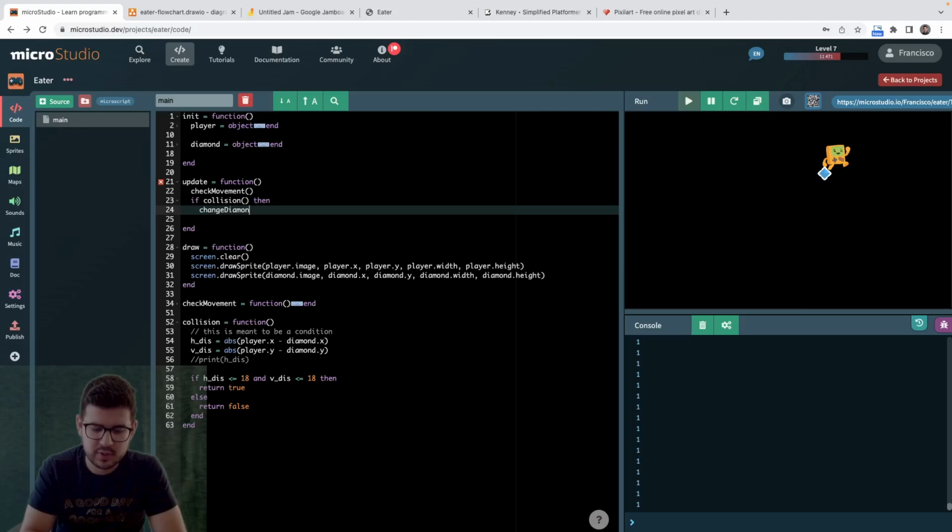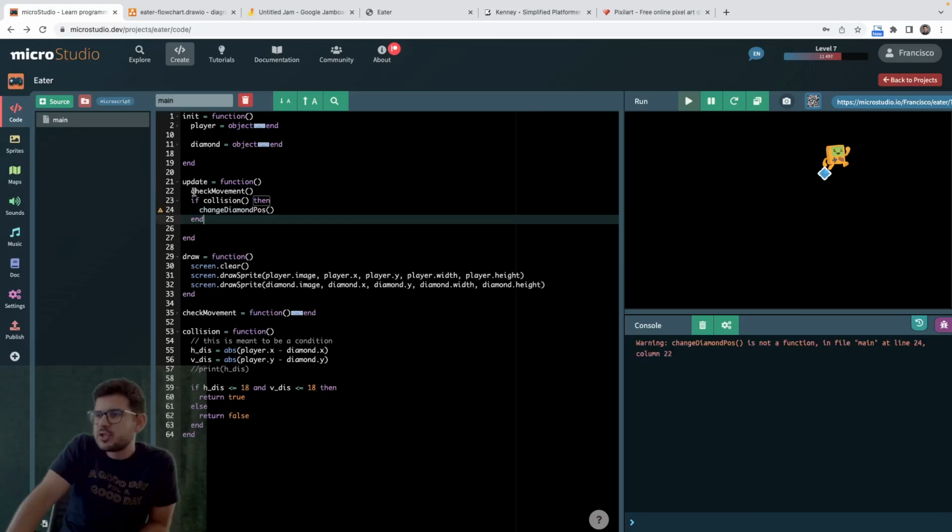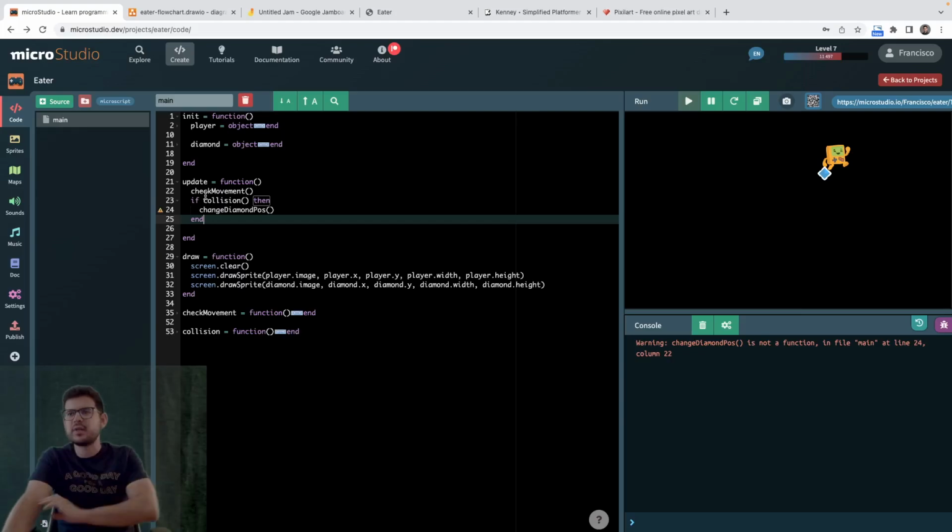Look, I have check movement. I can always hide all this. I don't need to watch it. It's going to be so much cleaner in my code. If collision, then change diamond position. Wow, the whole thing. Yeah, why not? But now we've got to